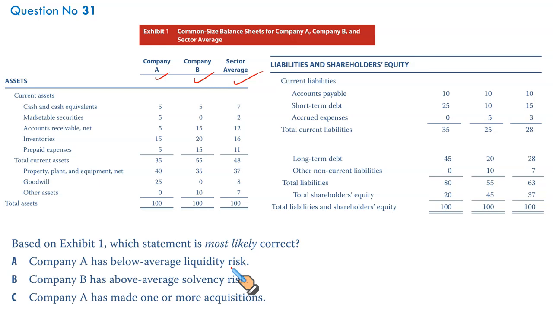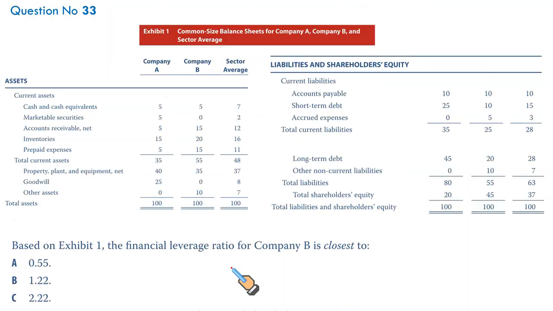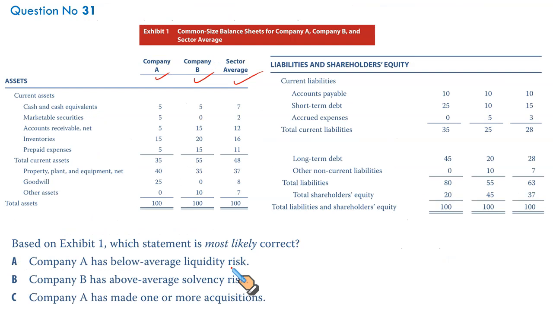This needs some serious computation. It will take time. But let us lay down the working, because there are certain subparts to this question, 31, 32, 33. So we just do the working once. It will help us to solve other parts as well. So let us lay down the workings first. For that, we need different colored markers. Let us first calculate in a tabular form A, B, and the sector average. First he's talking about the liquidity, then solvency, then about the acquisition. Let us read and do each option separately and still save some time for other questions as well.